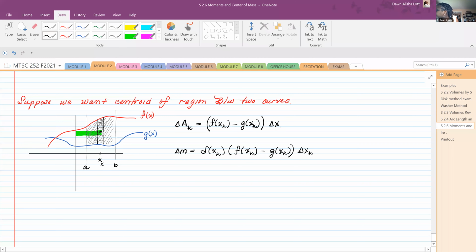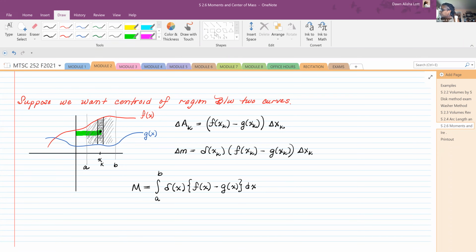So therefore, when I go to compute my mass, I'm gonna skip the limit and the integral stuff. I'm just gonna get the integral from A to B of delta of x times f of x minus g of x dx. So when I'm looking at the mass between two regions,